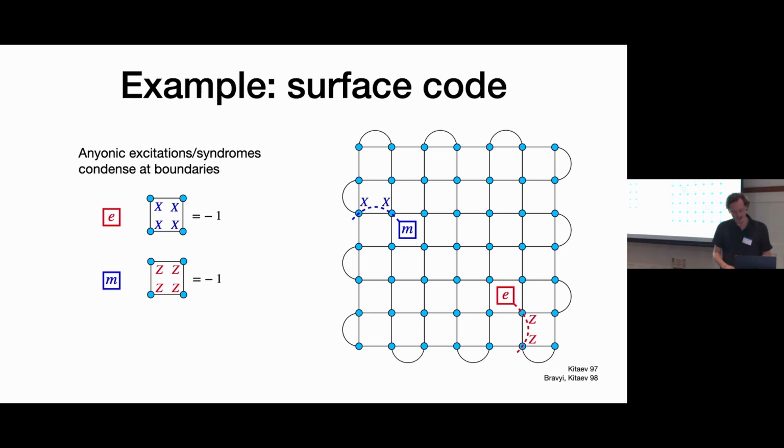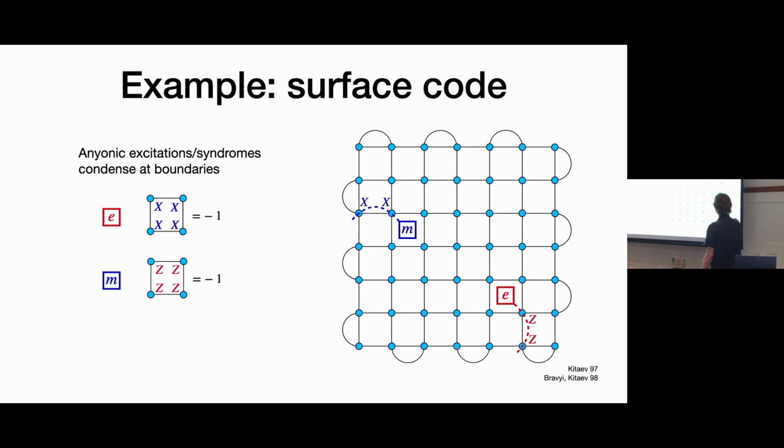Good. And one more feature of this code, which won't be super important, but is important for the example, is that you have a different behavior near the boundaries. So near these boundaries, we've modified things. And what this allows you to do is instead of having this Z2 conservation rule like you have in the bulk, you can break this conservation rule near the boundary.